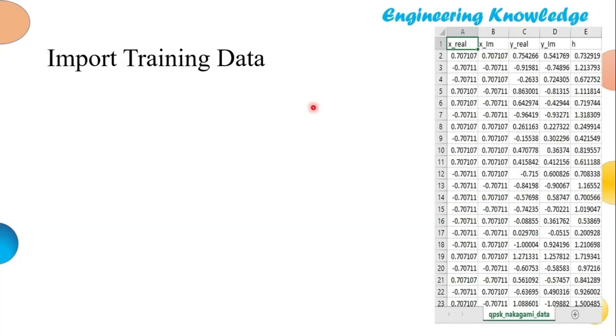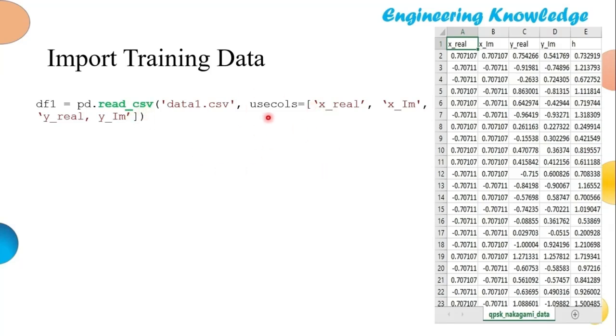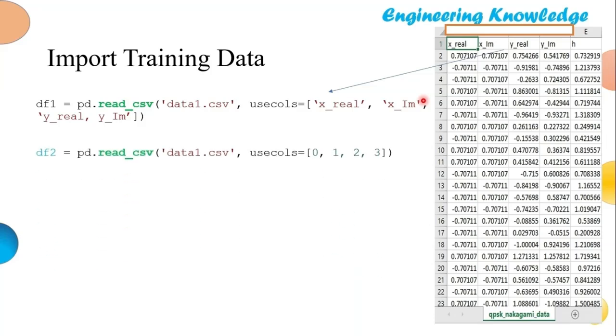So how do I import that in Python? Just quickly, we'll show the complete code also. We'll use read underscore CSV for the file where we will store this. We'll use columns under this name, and doing that, we'll have these four features. You can also use 0 1 2 3 for indexing. This is 0, this is 1, this is 2, this is 3. This is very simple. And we'll have another data frame, df3, which will store the labels, which is the fourth index: 0 1 2 3 4.